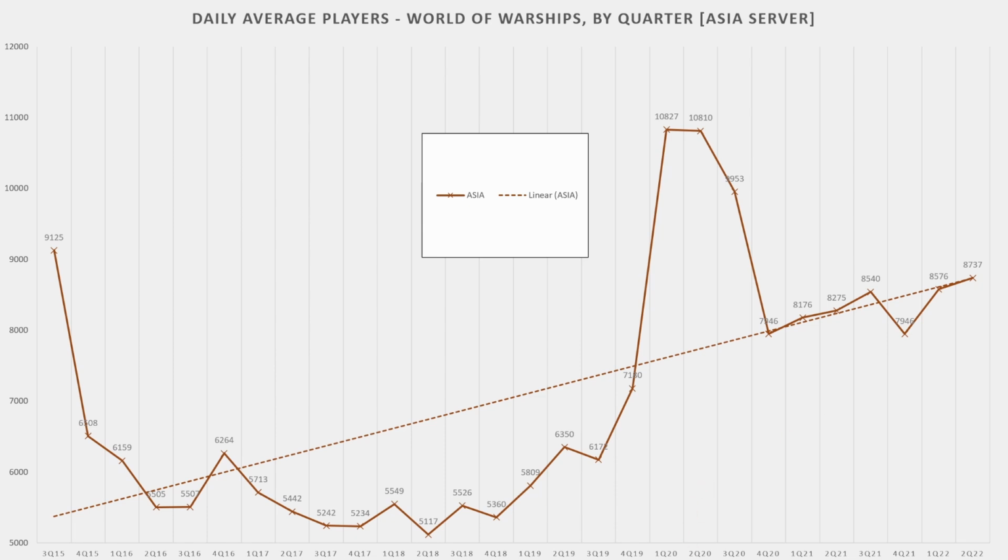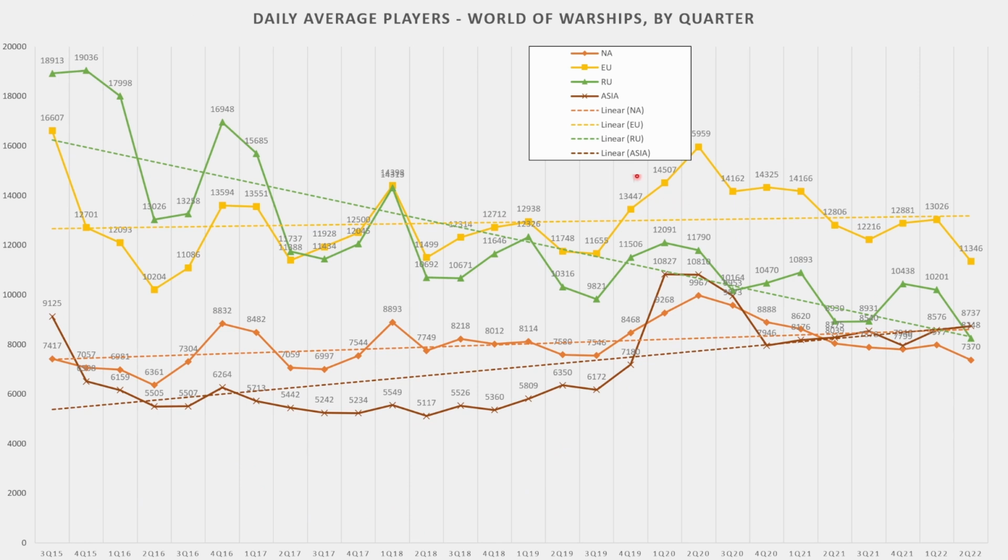Nothing to argue about there. This slide is essentially the 4 previous slides all smashed into one. So you can sort of see the trend lines, the quarters where Asia has been more popular than NA, the quarters where NA has been more popular than Asia. They've sort of traded back and forth over the years. But one of the things I want to point out now,